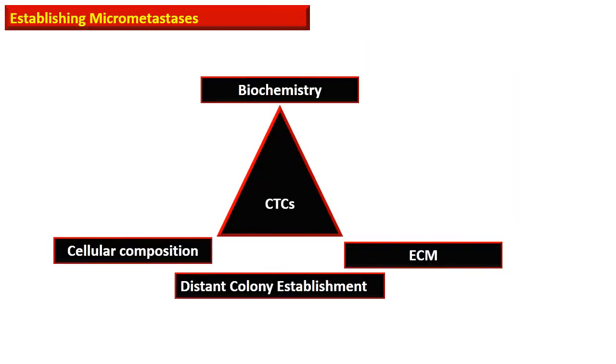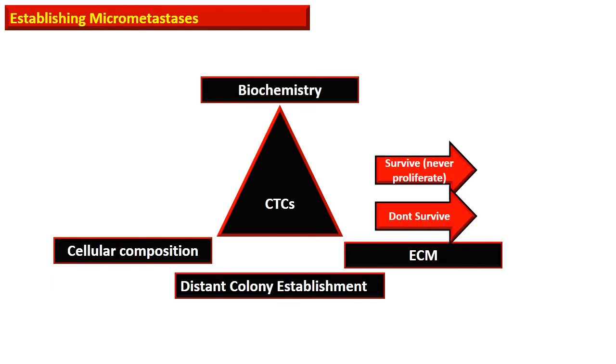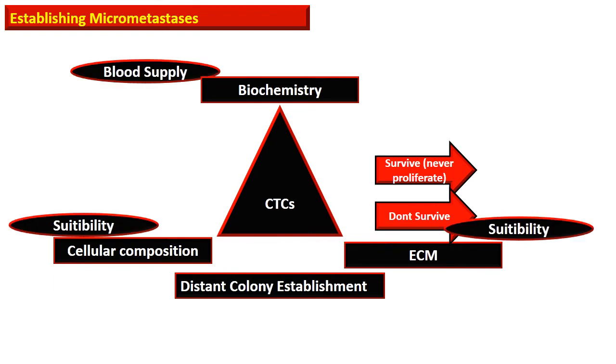The circulating tumor cells, when forming a colony at a distant location, should synchronize with the biochemistry and the cellular composition of the matrix, and the extracellular matrix itself. And these metastatic foci or the circulating tumor cells may survive, but they never proliferate, and they may die. So there are many challenges which are faced by these circulating tumor cells to establish this distant colony, but it